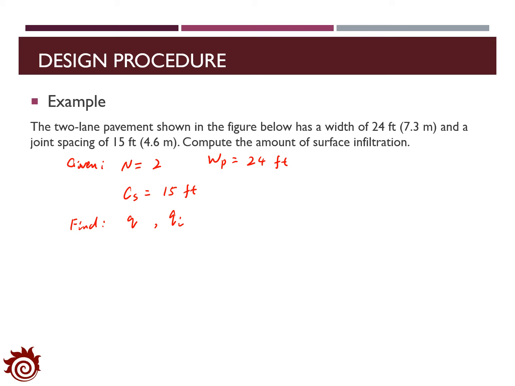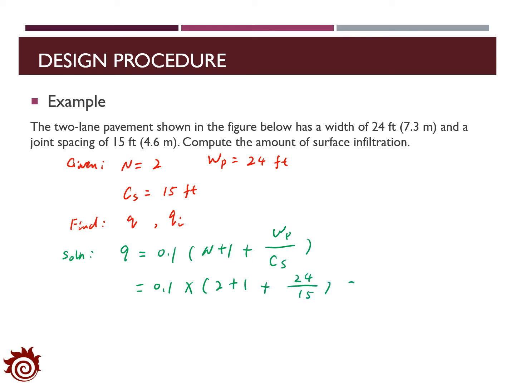So for the solution, we can call the equations mentioned previously. For the inflow rate, Q equals 0.1 times (n plus 1 plus Wp over Cs). That is 0.1 times (2 plus 1 plus 24 over 15), which will give the result as